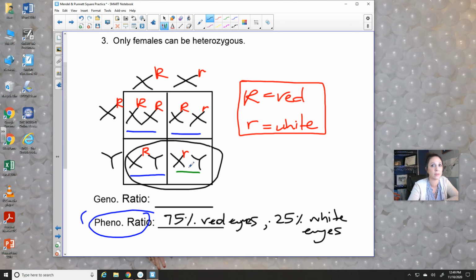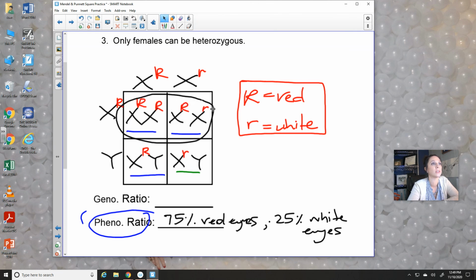have red eyes. If instead I asked you not to look at the males, but I wanted you to look at just the females, and I asked you what percentage of the females had red eyes, the answer would be 2 out of 2, or